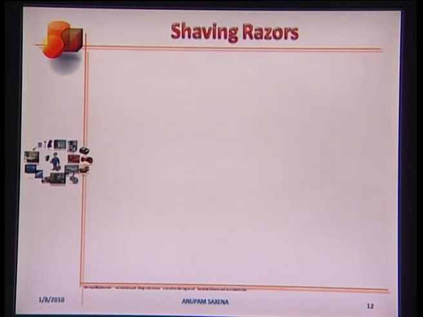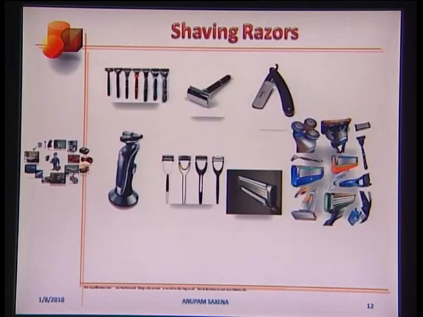Next, shaving razors. Again, from a Swiss razor to an automatic one, many alternatives are commonly available. They come with multiple blades to give a smooth finish. In both modern and automatic ones, the shaving head is hinged to the shank to allow the blades to align freely with the curvature of the cheek.